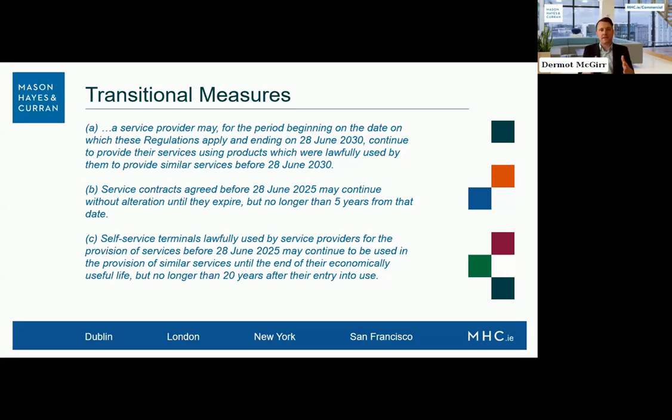And I think the reason for that is quite simple, because what this transitional measure is talking about is service contracts which are in place now. So customer contracts that you have in place now. For most online businesses, that's their terms of service, or their T's and C's. So that's existing customers. What it doesn't cover, obviously, is a customer who signs up on the 29th of June. So if you were going to rely on this, you would essentially have two cohorts of customers, and you would have two streams of your service. You would have one for existing customers and one for new customers.